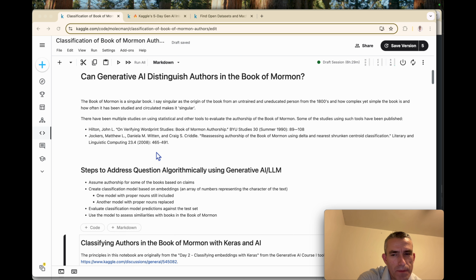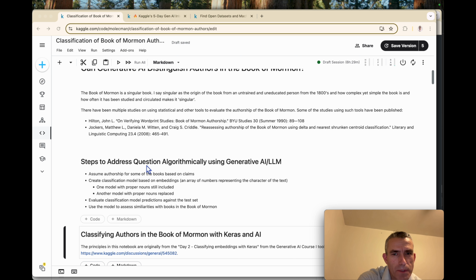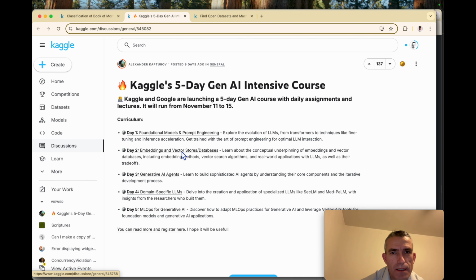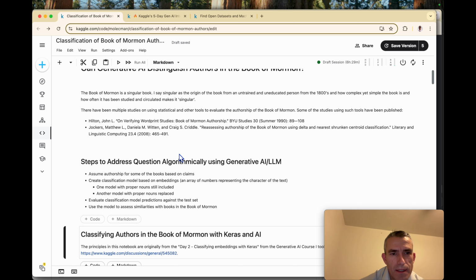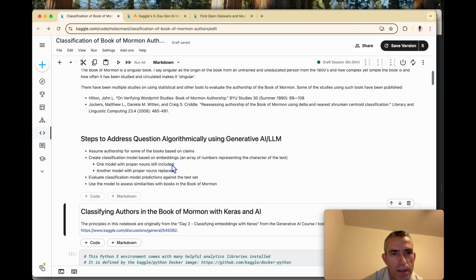So I thought it would be very interesting, and I was excited to look at this from the perspective of the large language models that have been recently developed with billions of parameters and have increased in capabilities. And so I recently took this Kaggle class on generative AI, and I've done some image classification in the past and have some experience with Python and classification. And so some of the steps I've taken here in this notebook that's publicly available is